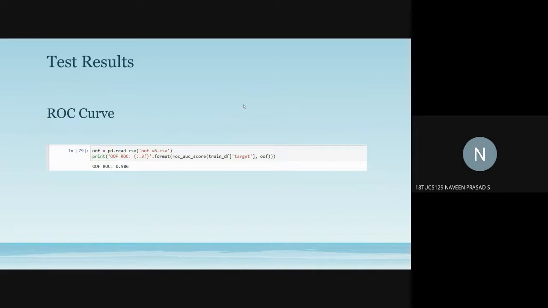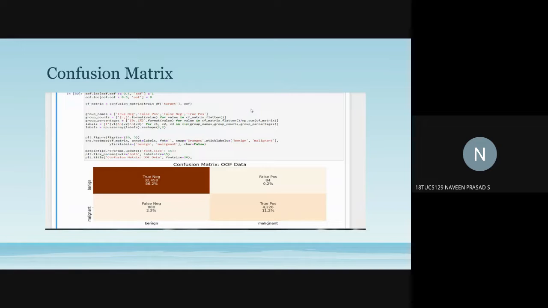This is the ROC curve. In our base paper, they have an average ROC curve of 91%, but with the same data set, we have achieved a better result of 98.6% for our ROC curve. This is one of the things that we did, a step above the base paper. We added some extra filters and made an improvement to the model. Next one is the confusion matrix.